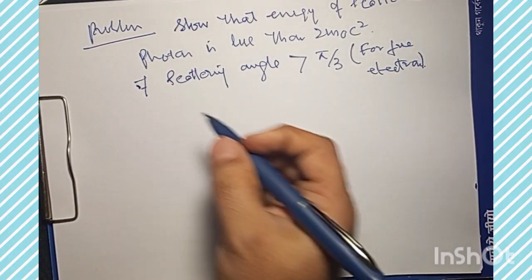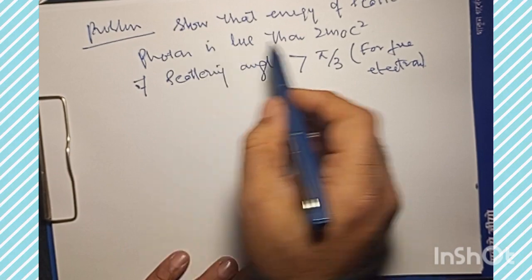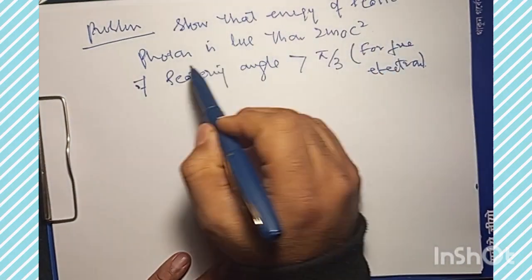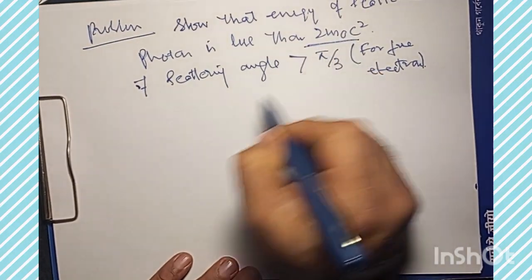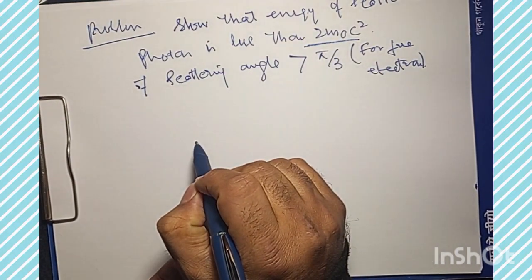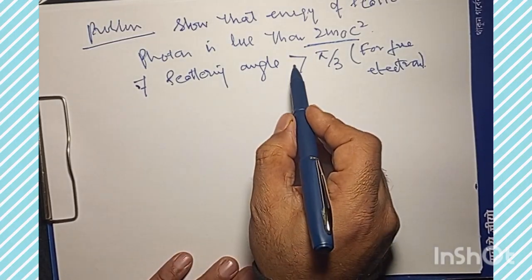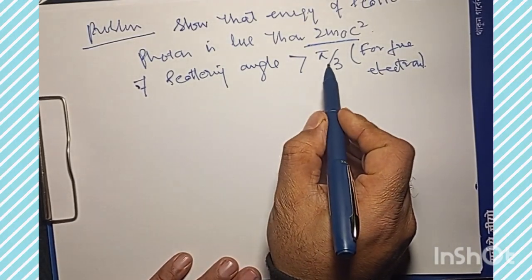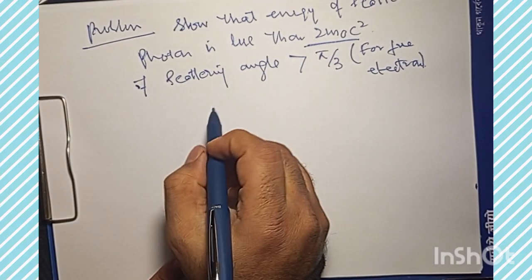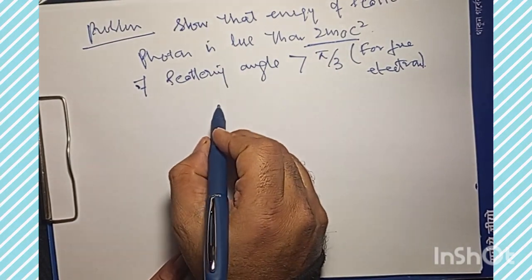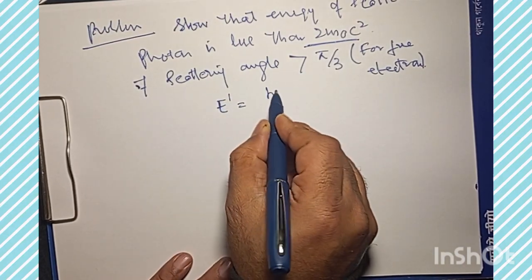Now let's see another problem. We have to prove that the energy of the scattered photon is less than twice m naught c squared for a free electron if the scattering angle is greater than pi by 3. Now we already have the equation for calculation of energy of the scattered photon,